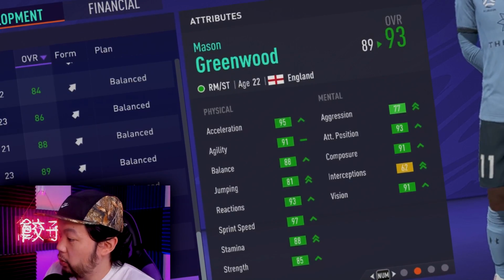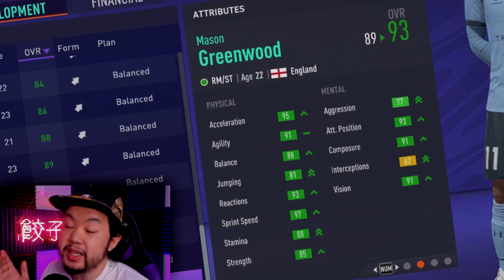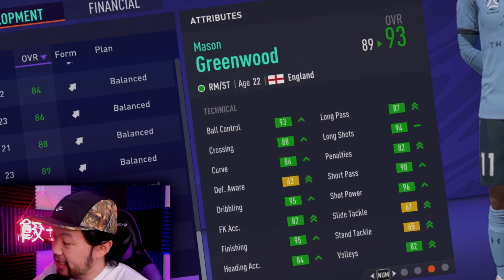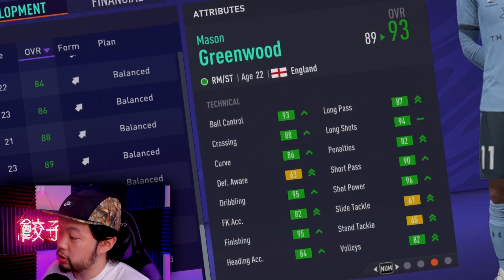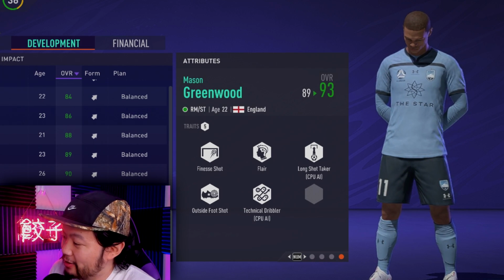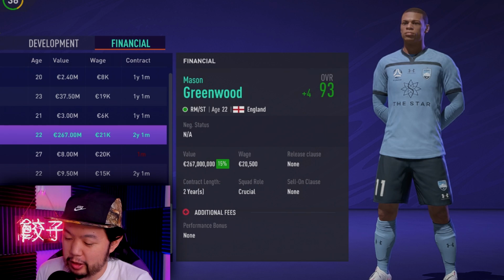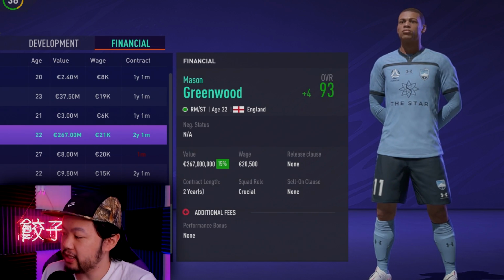95 acceleration, 91 agility, 97 sprint speed, 88 stamina, and 85 strength with 91 composure, 5-star weak foot, 95 finishing, 96 shot power, with 95 dribbling and 93 ball control. Just get out of here. And already cooked in, he's got finesse shot, flair, and outside the foot trait. And remember when I told you, yeah, he's expensive. He's going to be around 20 million at the start of career mode. His current value after 4 full seasons of simming is now